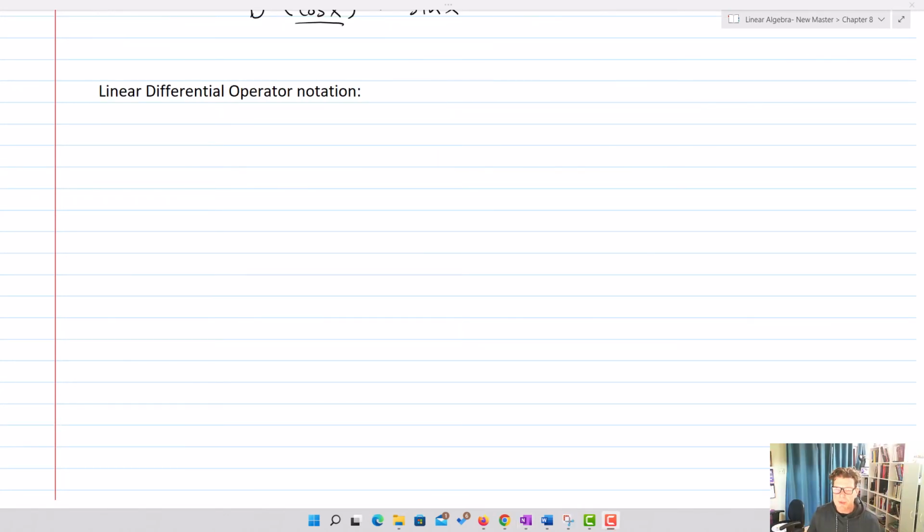So now what we're going to do is bring together some of those derivative operators with other functions, and we're going to create something called a linear differential operator. We're going to have this linear differential operator notation, and we're going to denote it as L. And so L is going to equal d to the n, so it's got that derivative operator, plus a1 d to the n minus 1, plus and so on, plus a sub n minus 1 d plus a sub n,